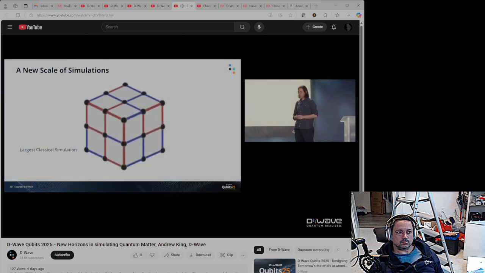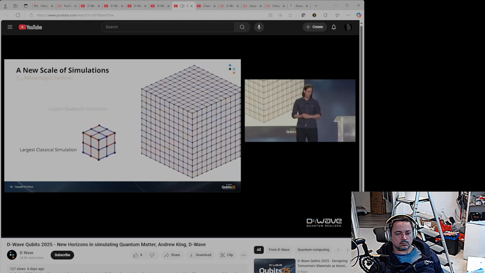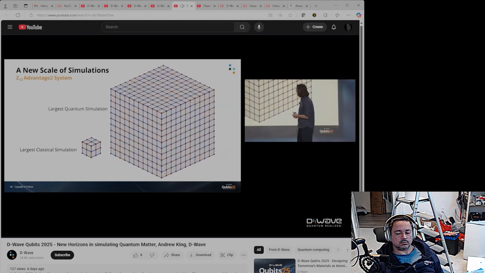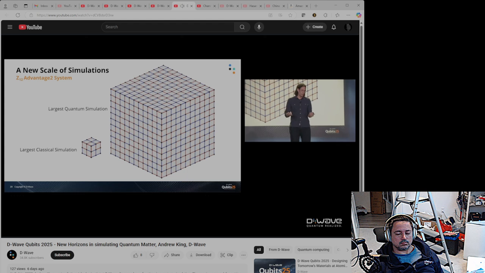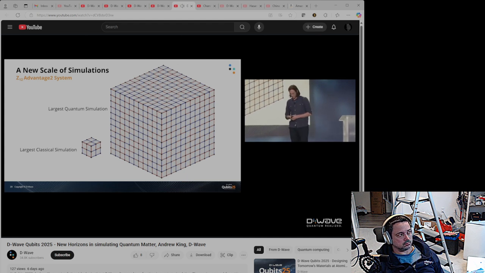So this is just to point out the scale of the simulations. This is the largest classical simulation that we got a ground truth for in the 3D case, and also that the Flatiron group simulated recently. And this is what we can do on the Z12 processor, which is 64 times bigger. It's a 12 by 12 by 12 lattice. And this is just a huge quantum simulation. And it's really not easy to do, even if you have what seems like an efficient classical algorithm.